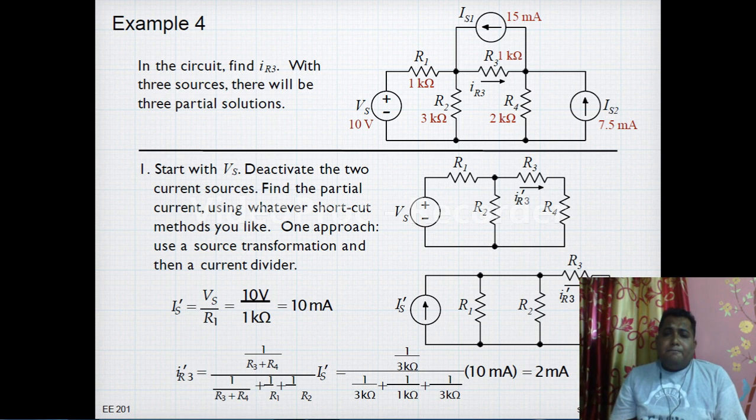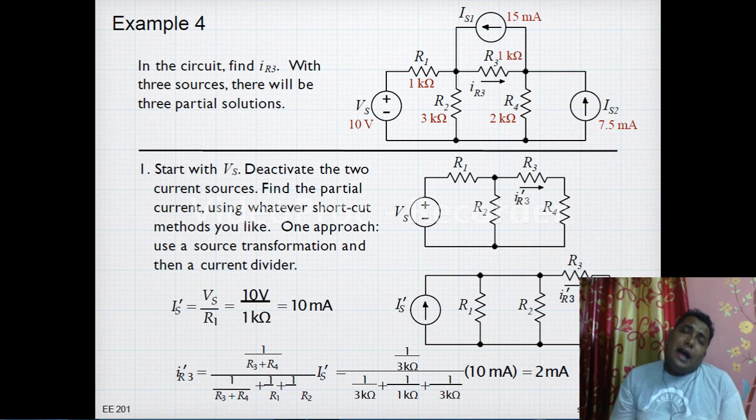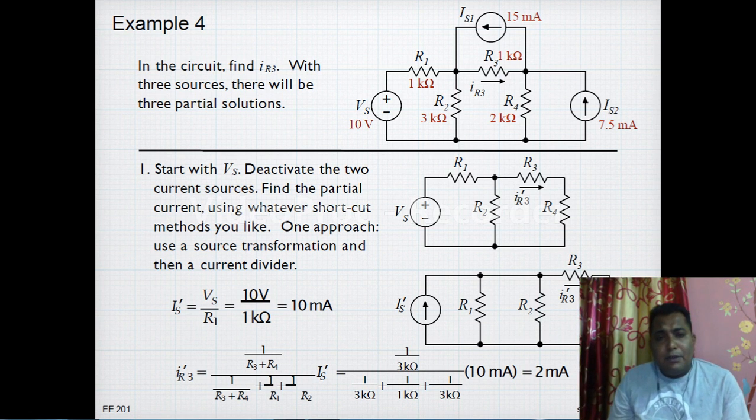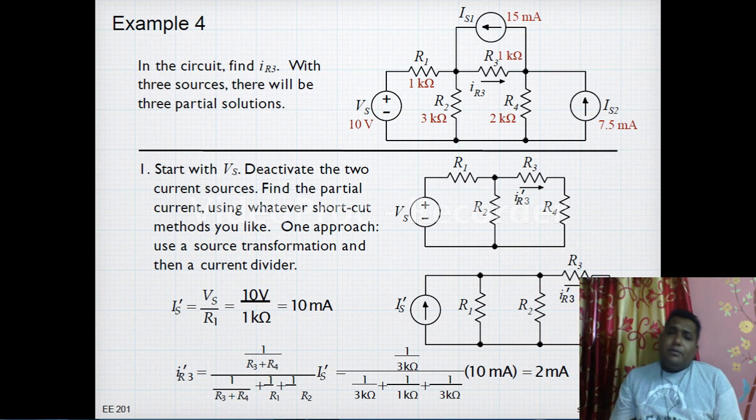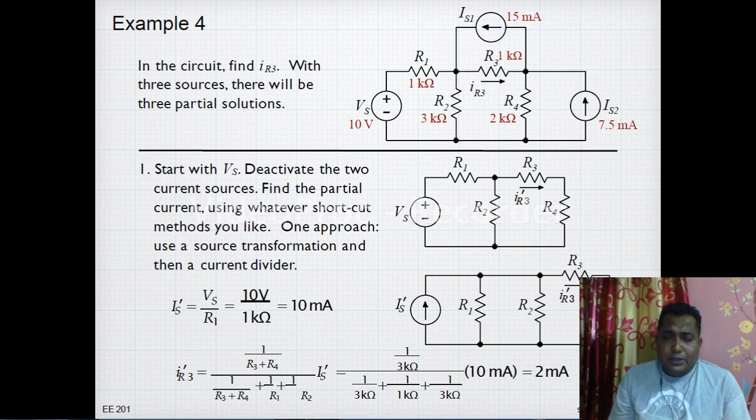Now there are 3 sources. That means we have to consider the 3 sources separately, and after that we have to sum up the current values as per the direction. Now, when we have to consider the solution case,